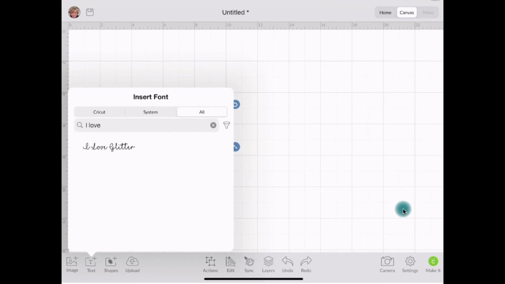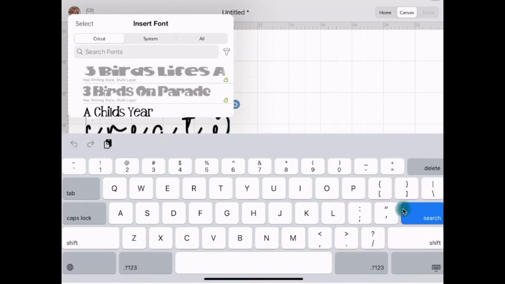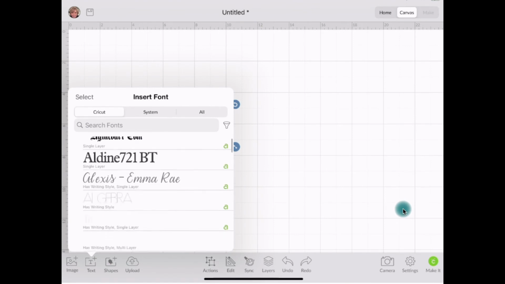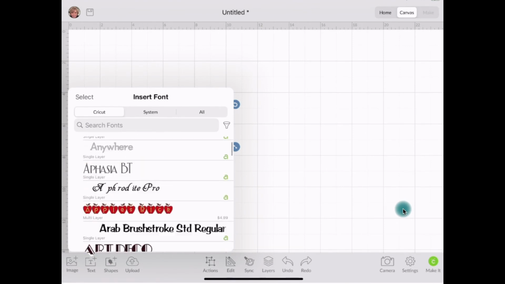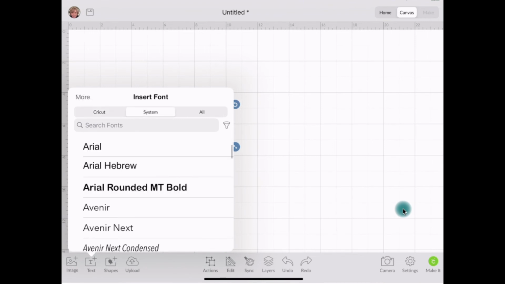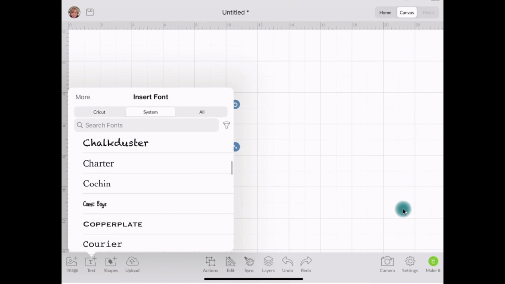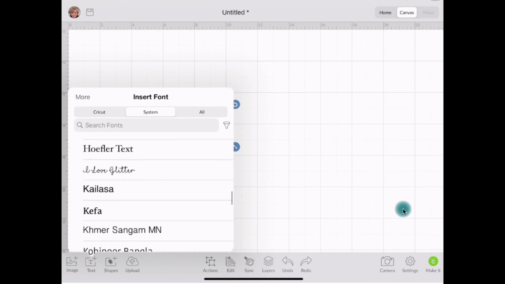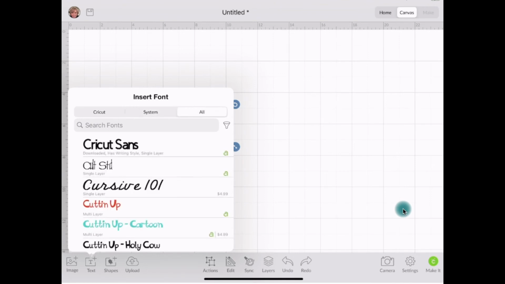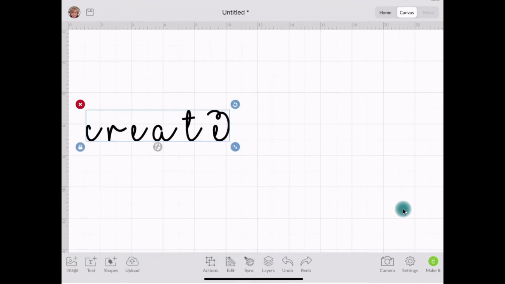Again, you've got off fonts, you've got system fonts, and you've got your Cricut fonts. And it's going to show you what fonts are available and show you what they look like if they're Cricut fonts. It may show you some of your system fonts and how they look. Yeah, a few of them. Some of them may not have that capability. Okay, the I Love Glitter does. You can see it there. And then, of course, you have all fonts where you can search all of them. Okay, so you can search 3 different ways. And we're just going to go next to